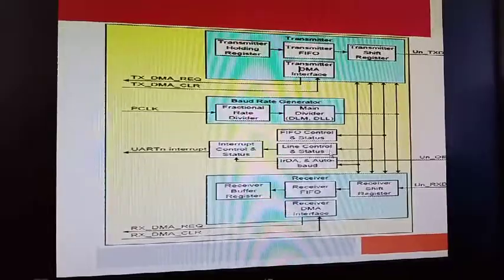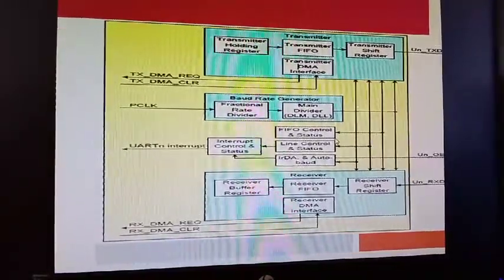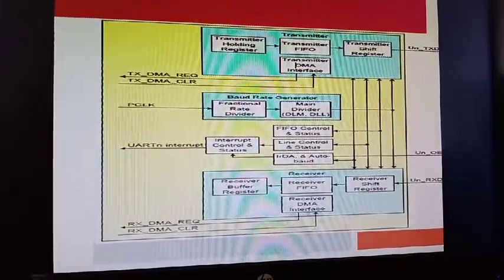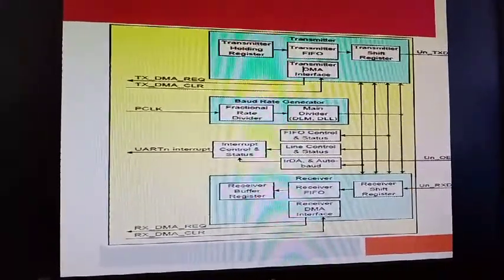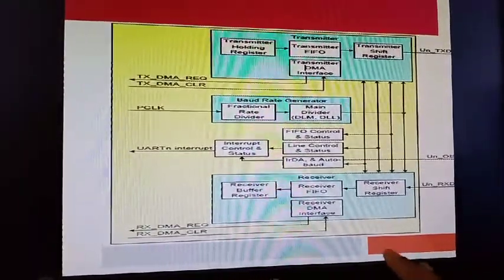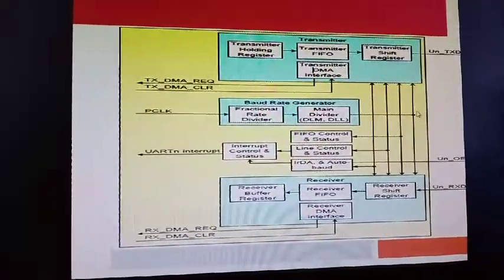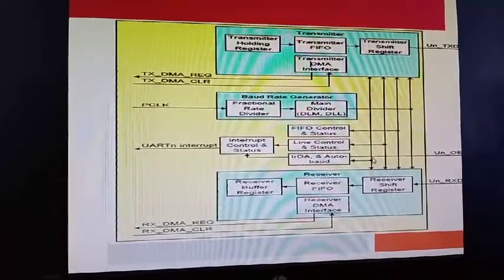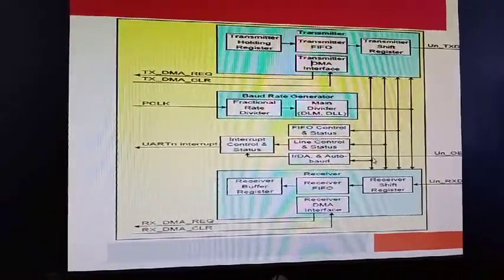Clear? You will have another register, which is your transmit and hold register. Only if data is available in that register to transmit will you transmit. Otherwise we are not going to transmit any data. So this is the block diagram of your universal asynchronous receiver as well as transmitter.